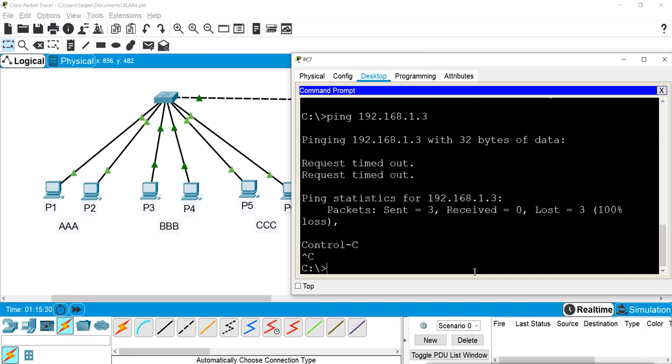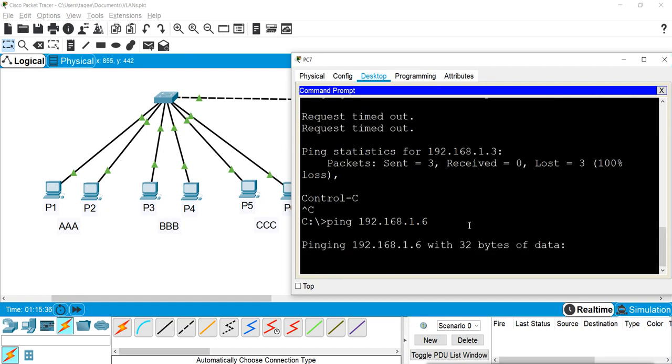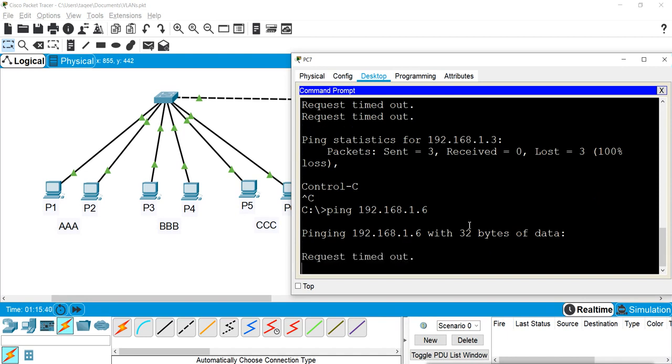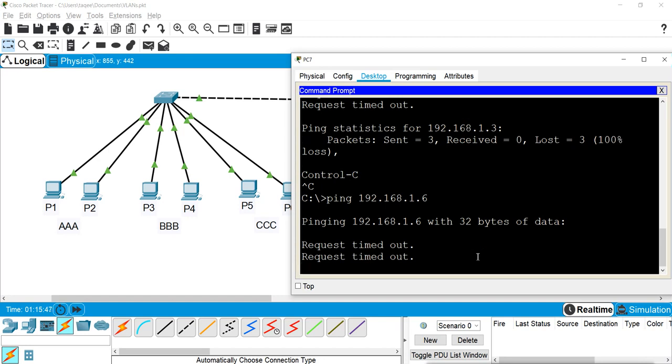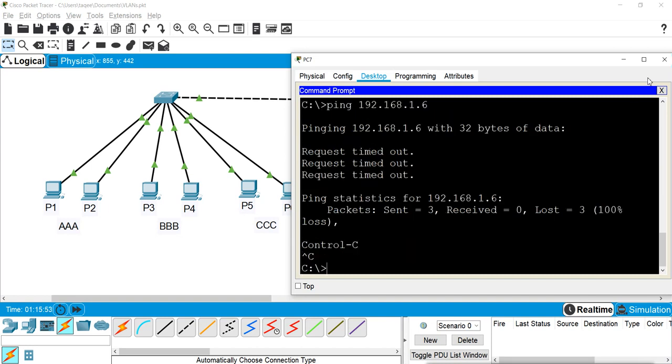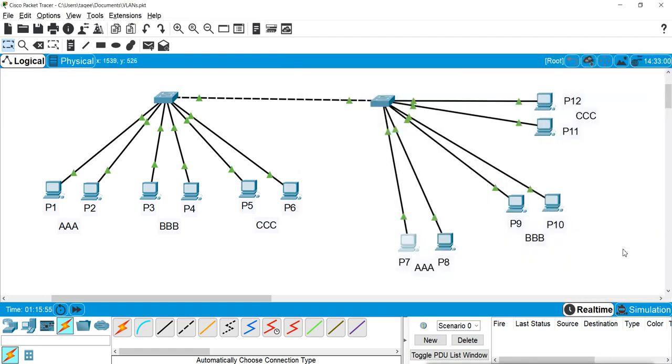If I try to ping this 5 or 6, it is also not getting the reply because they belong to VLAN B and C. So VLAN B and C can only communicate with VLAN B and C. VLAN A to A, VLAN B to B, VLAN C to C. And also it is from the different switch. So this B can communicate with this B.